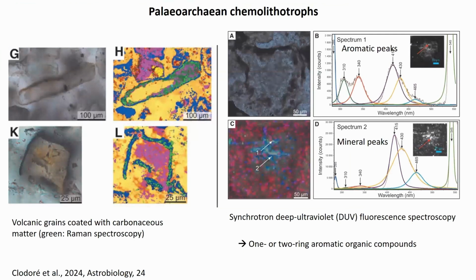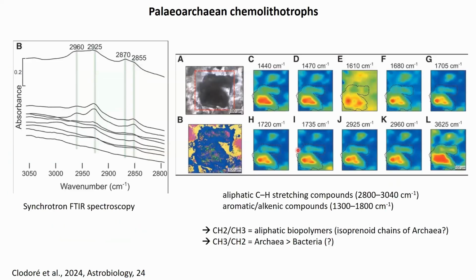But looking at the edges of these volcanic particles, again, the green here represents carbonaceous matter. Laura used synchrotron deep ultraviolet fluorescence spectroscopy to study exactly where and what type of organic matter was there, revealing the presence of aromatic peaks, aromatic molecules, as well as, of course, the mineral peaks. And she also used